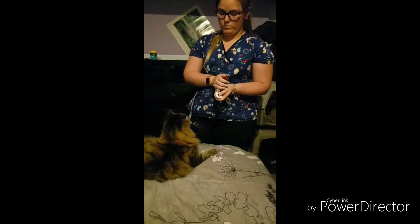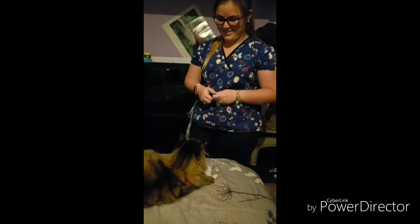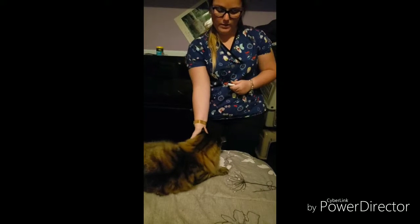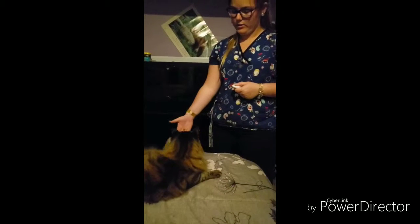It was pretty easy to teach him because he doesn't really mind having you touch his paws, but it did take us a little while for us to teach him that we didn't want to keep his paw, we just wanted him to simply touch. So here's a quick video of me and Kitty doing targeting. Touch. Go boy. We moved on to doing a husbandry behavior, like a nail trim or teaching to go in